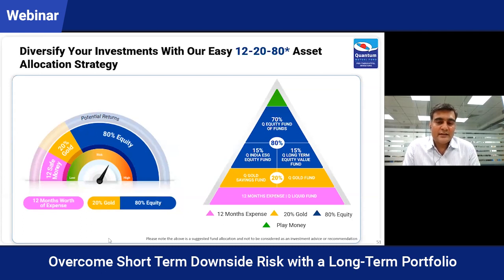If one had taken the SIP route and done an SIP from January to maybe October that year, you would have generated a 13.5-14% return. At 14.5%, your money doubles in 4.5 years, and in 10 years you would have quadrupled your money. So 1 lakh rupees invested would be like 4 lakh rupees in the next 10 years. So I think the SIP approach is great. If you have a great appraisal, congratulations to you. If you have extra income, definitely deploy that to equities for that growth approach. But don't miss out on the 20-80 asset allocation. If you have gaps in equity, SIP is a great approach to invest.